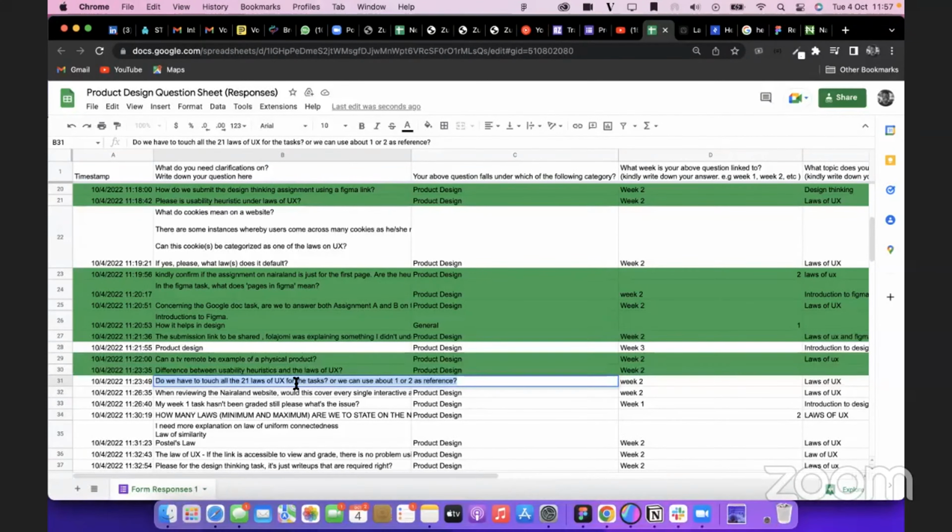And if you have known them well, you can touch the 21 laws, but then you are saying rubbish. What I mean by rubbish is that they are basically not addressing the issues they are talking about, or they did not default to those laws, or you got the understanding of the laws wrong. You're going to lose out on the mark, right? But if you touch the 21 laws correctly, you're getting all the mark. But you don't have to. I don't expect anybody to, sincerely.